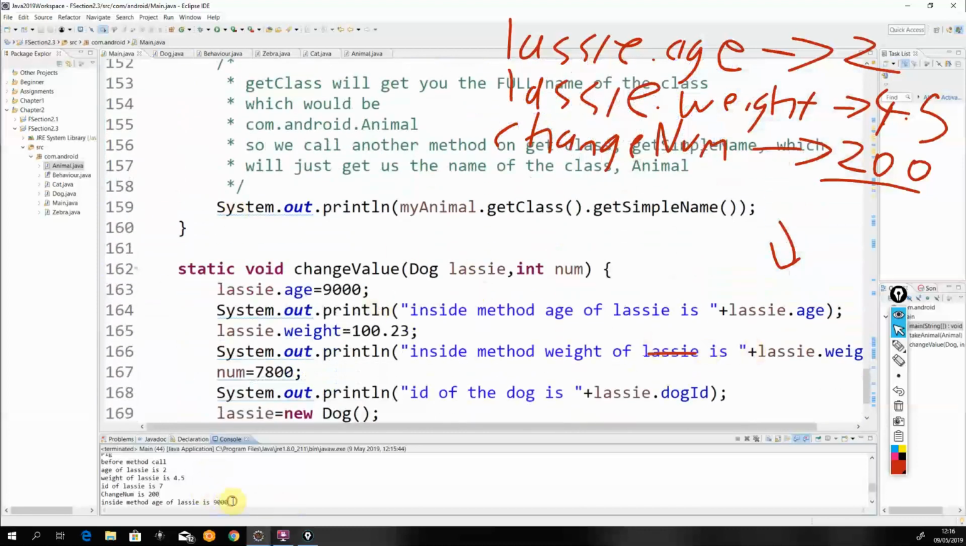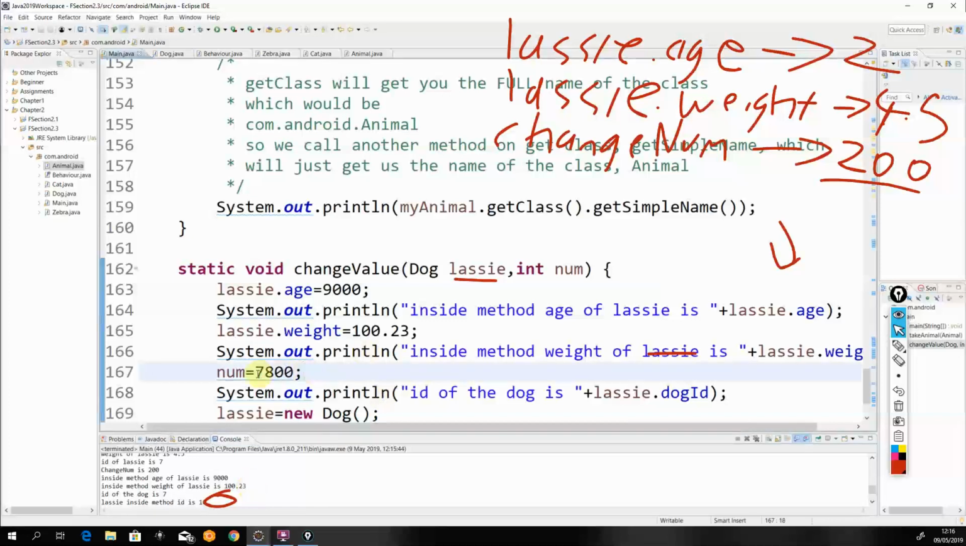Changes the age to 9,000. So inside the method, this is the dog, the age of Lassie is changed to 9,000. Inside the method, we change the weight of Lassie to 100.23. I change the number to 7,800. Now we can see that inside the method,